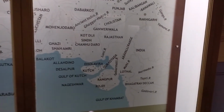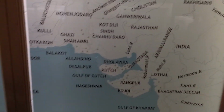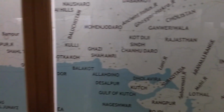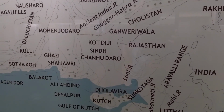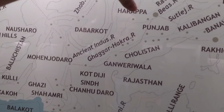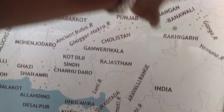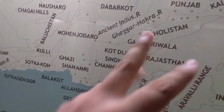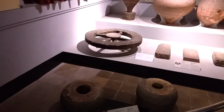A little look at the trade and the trade routes that we have through India. So Mumbai is not even on this map because it's so far south, but this is where the major movement happened throughout history. You've got a lot of places in Asia that were gateways, and so you have the Harappan civilization over here. This is where Punjab is now, all the rivers, and all the movement basically came through here, through these areas, through Sindh, through Tabarkot, through Harappa, through Punjab,